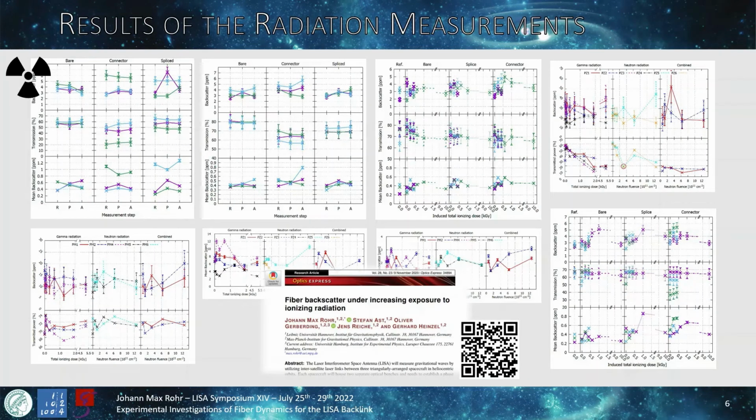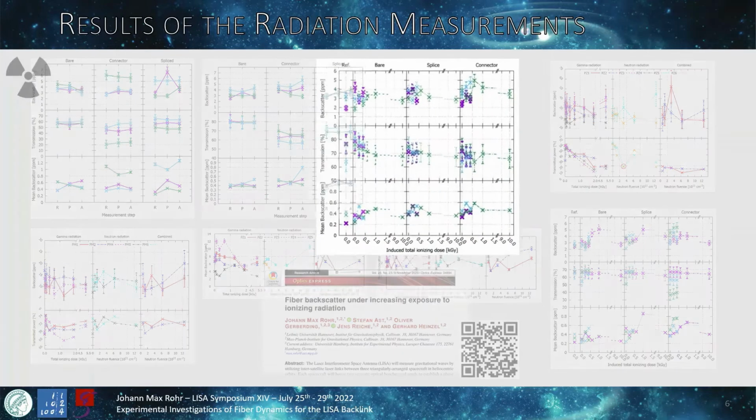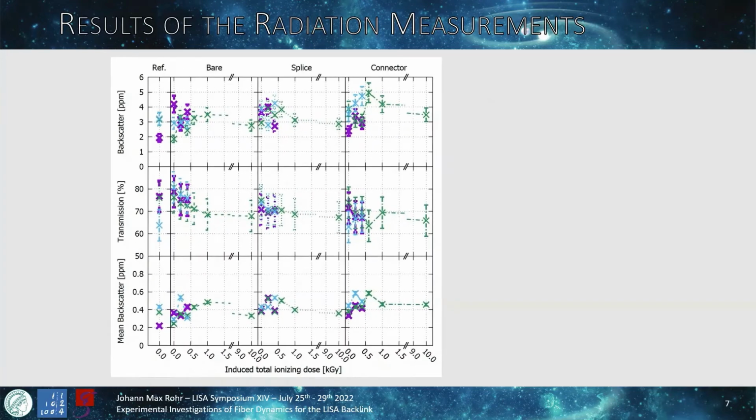We did lots of measurements in terms of radiation, and we tested in total 4 different types of fibers for their response to the ionizing radiation in terms of the backscattered signal. Our first radiation campaign is already published, which you can find behind this QR code down here. I will shortly guide you through one of these measurements because all of them are far too much to speak about here, and will later give you a summary of our fiber properties. So let's have a look at this measurement here.